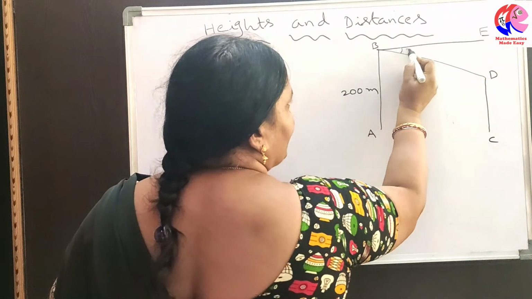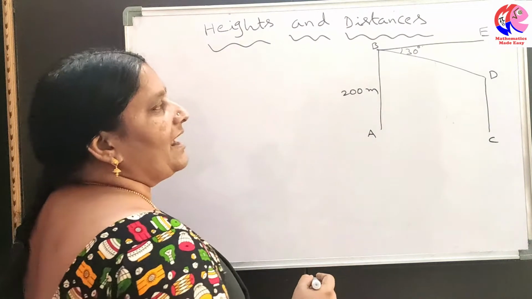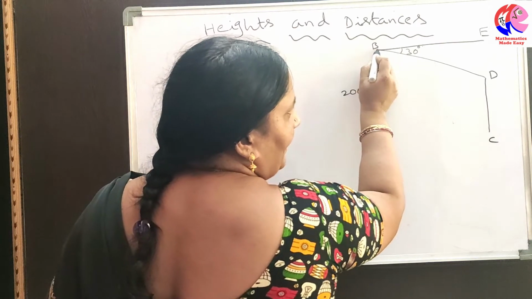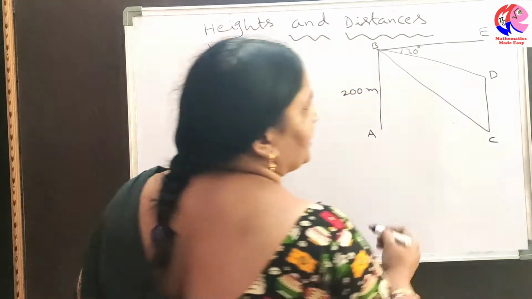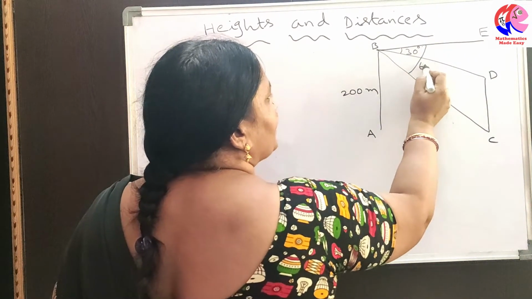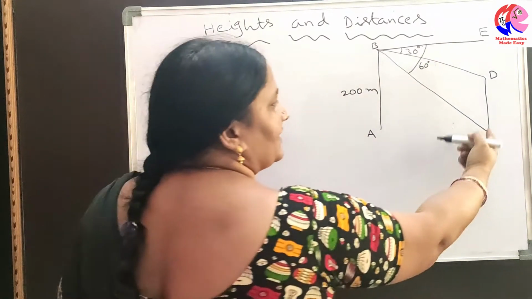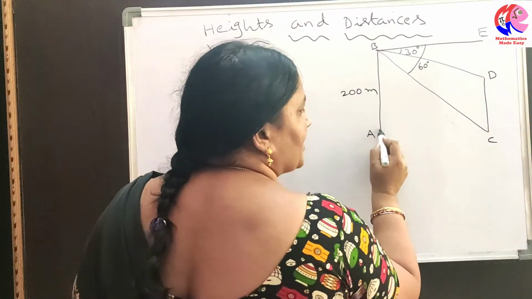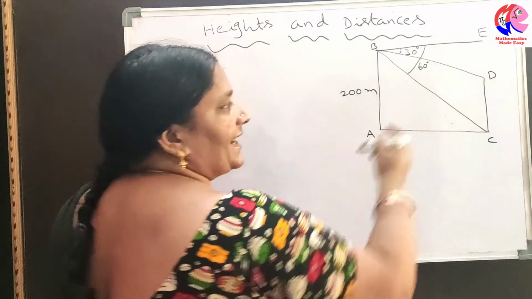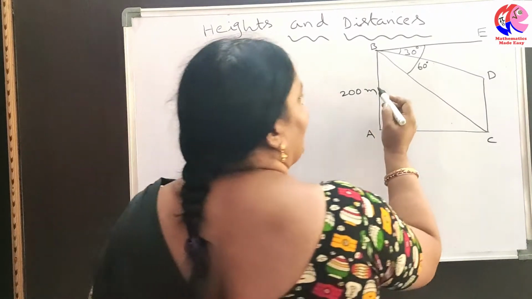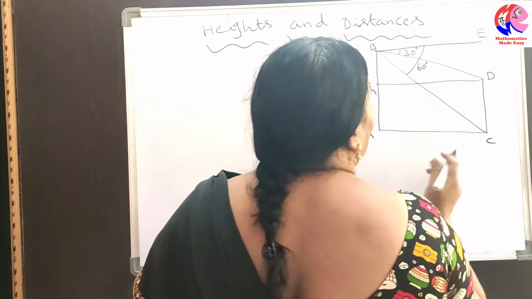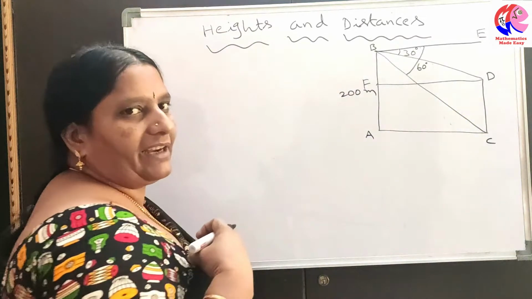So this angle of depression is equal to 30 degrees, and at the same time from the point B, the observer observes the bottom of a pillar with the angle of depression 60 degrees. So this angle is equal to 60 degrees. Then we need to find the height of a pillar and the distance from hill to the pillar. So this AC value we need to find, and CD value we are also going to find. And let us take a point here, assume it as F and join FD. Nothing but AC distance and FD distance both are same.